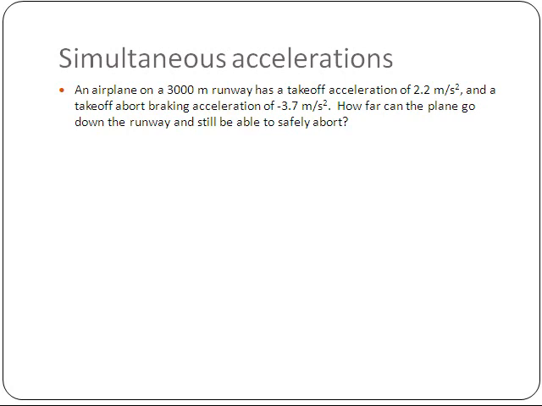And so let's set up an equation first for this first section on the runway. To do that, we're basically going to say that this distance right here for the first section, d, is going to be equal to 1/2 at squared. So 1/2 times the acceleration of the first section, which is 2.2, 1/2 times 2.2 times the time squared plus